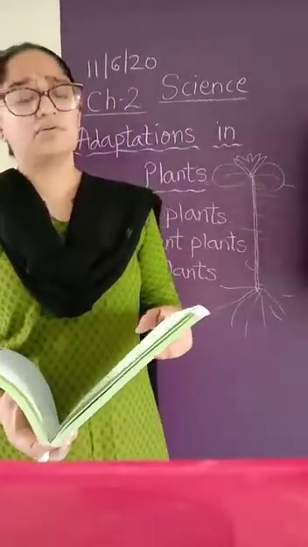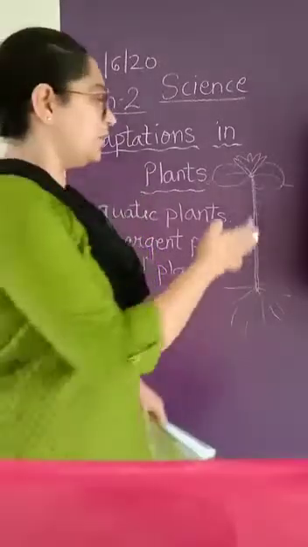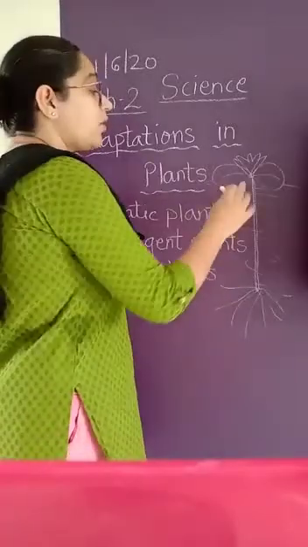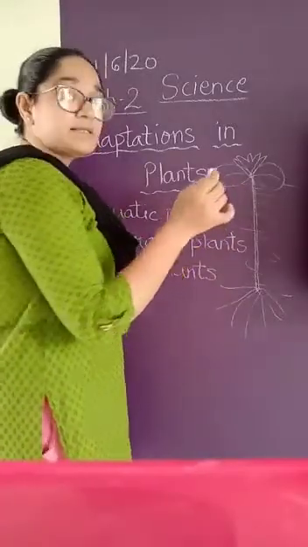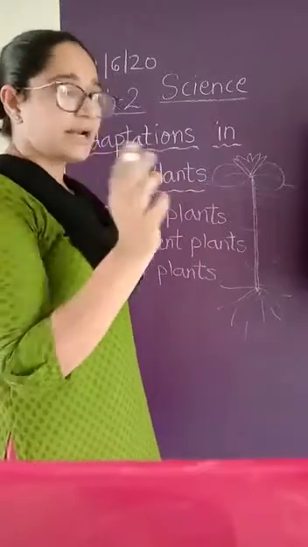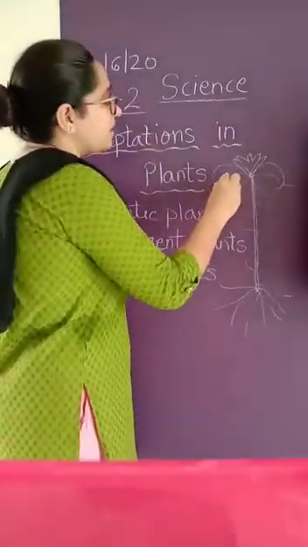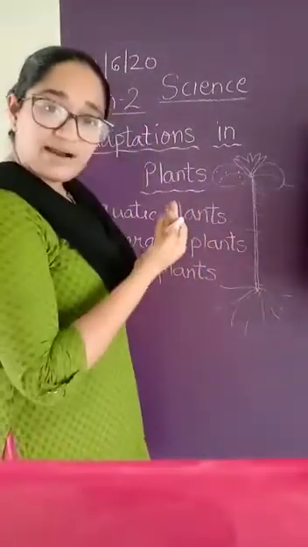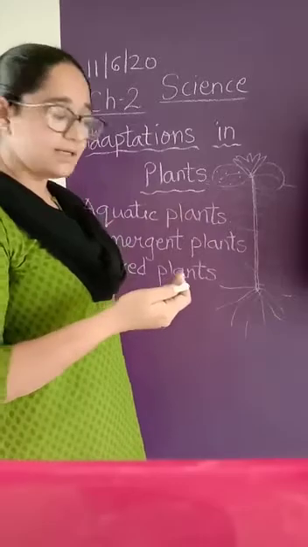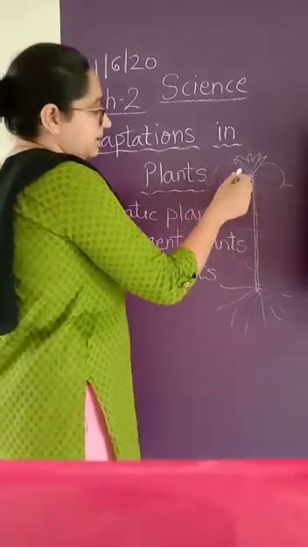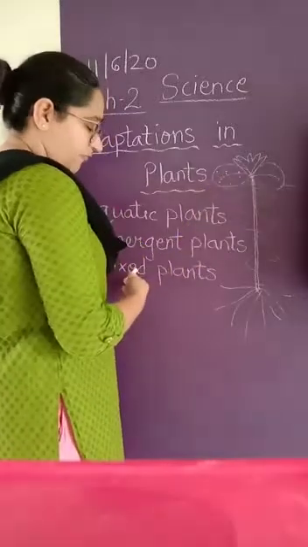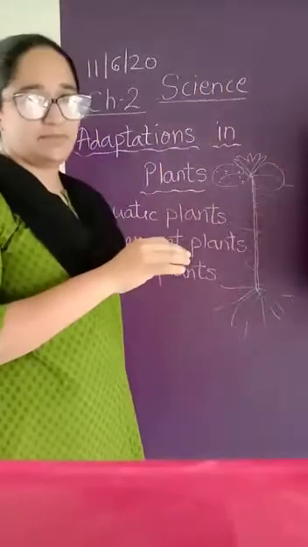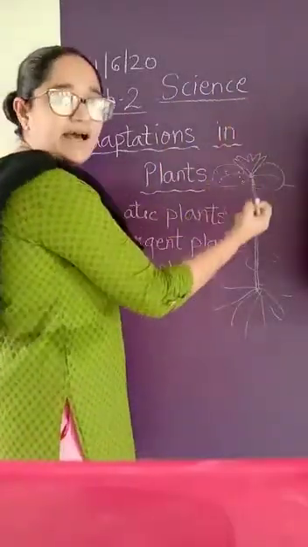Now why does that happen? What happens if the water sits on it? Yes, there will be a problem. Why? Because in these plants, the stomata, the breathing organs, are on the surface of the leaf. We saw that stomata are on the underside, नीचे की side पे है. But in lotus, or you can say the fixed plants, the stomata are on the upper side, ऊपर की side पे है, so that they can take in carbon dioxide.